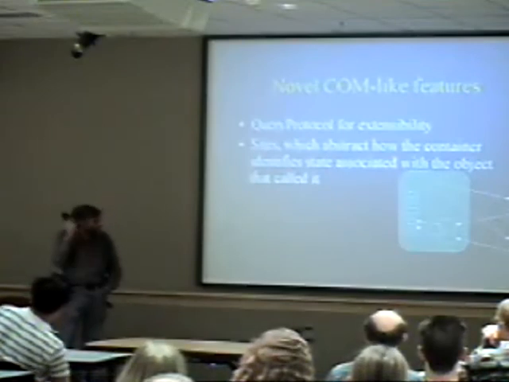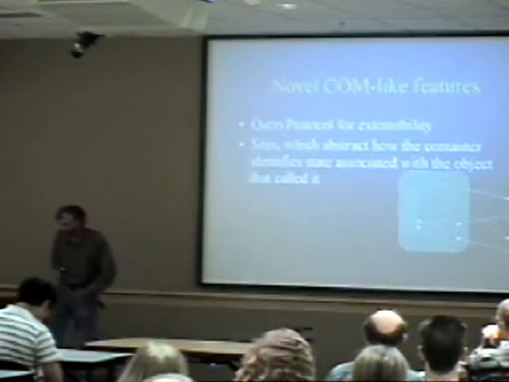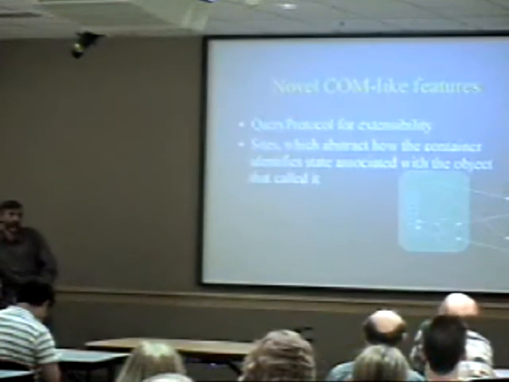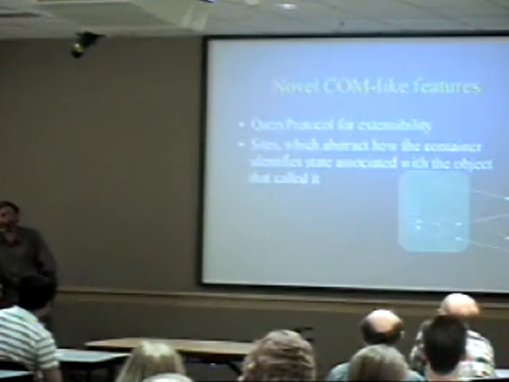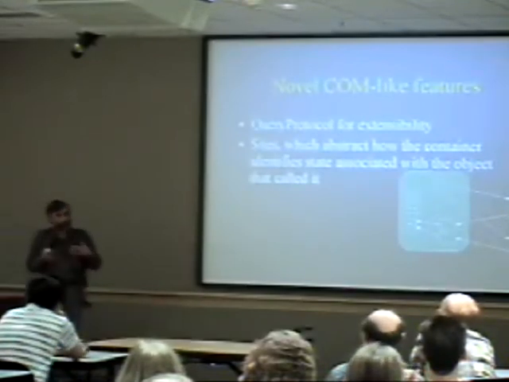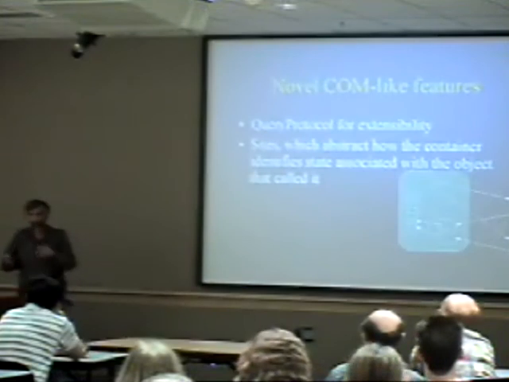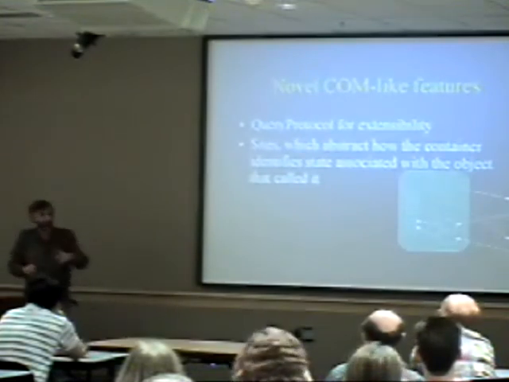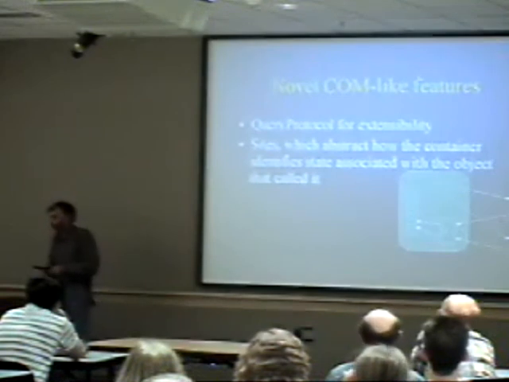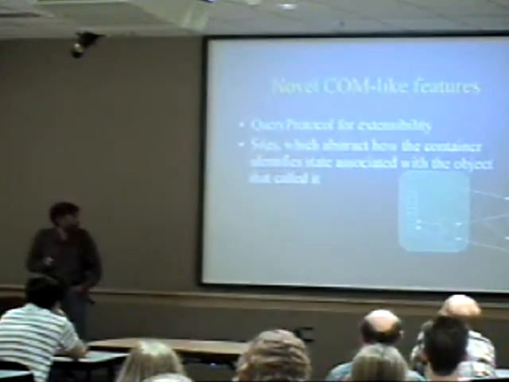I don't know how people react to this notion, but it does seem to have given us a degree of flexibility that doesn't show up in other object models. If you look at the Java windowing classes and so on, they don't have this. And they find certain inflexibility in how they do message routing, because it always has to go to the container, and you can't intervene without knowing everything about the container's namespace and issues of that sort. So this was just an interesting way of abstracting that one piece of the problem.